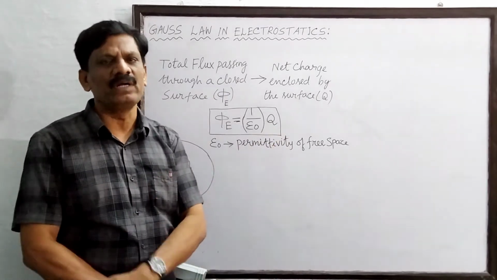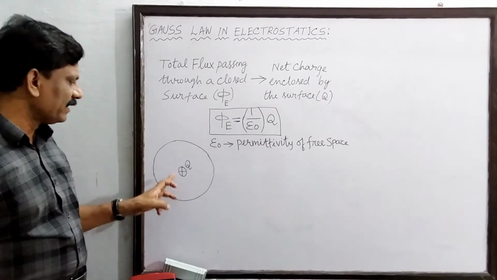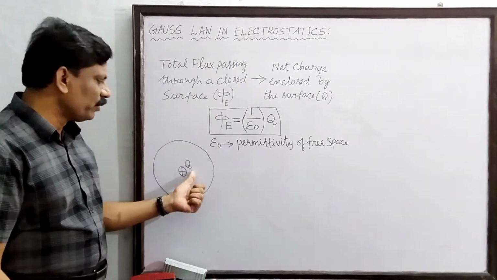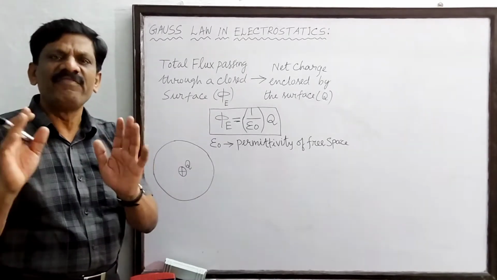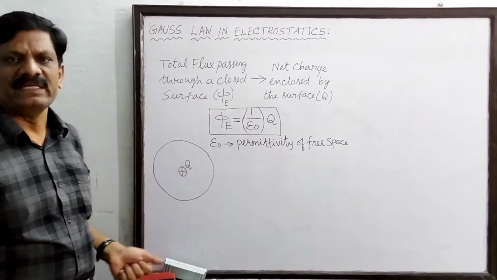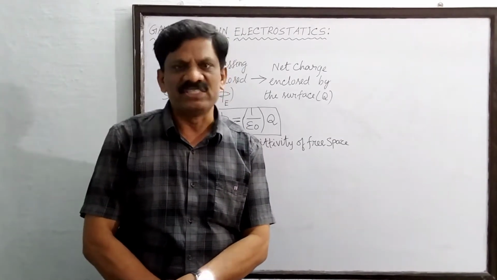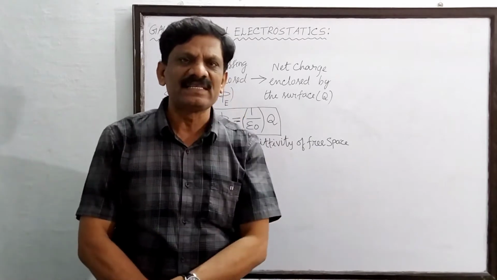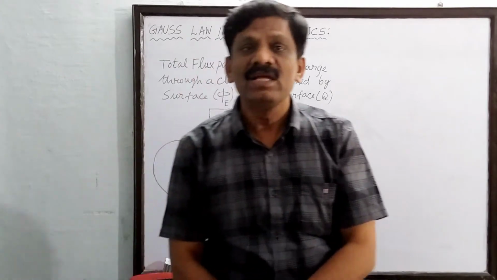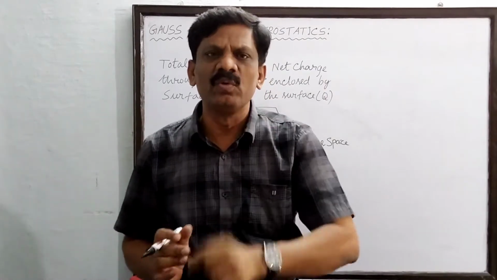We are going to prove Gauss law from the definition of electric flux. For that, let us consider a point charge which is positive charge whose magnitude is Q coulomb. It is placed in free space or air. So, now you imagine a spherical surface which is a closed surface surrounding the given charge, keeping the given charge at the center of the sphere. So, what I told you, imagine a closed spherical surface such that the given charge Q is at the center